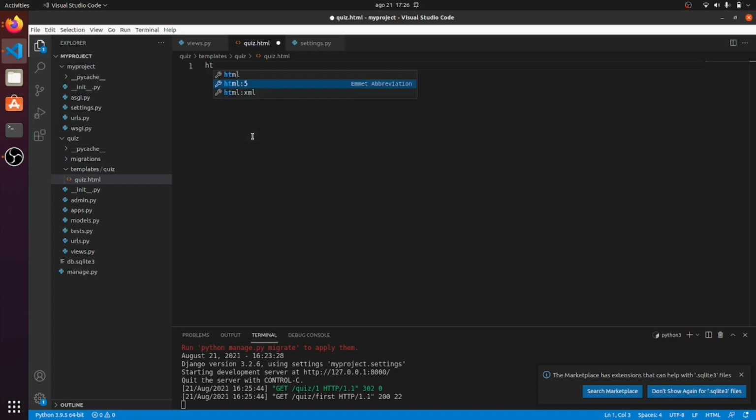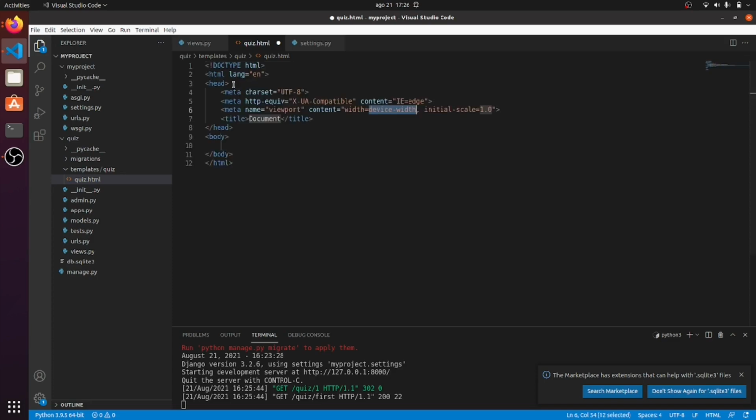In Visual Studio, if you write HTML and select the HTML5 option, it will provide you some already written HTML tags. In the head section, you can write your own title. Let's say quiz app. And also you can see the empty body section.